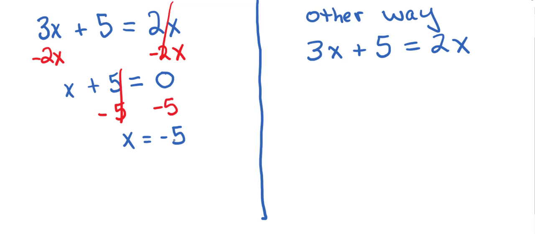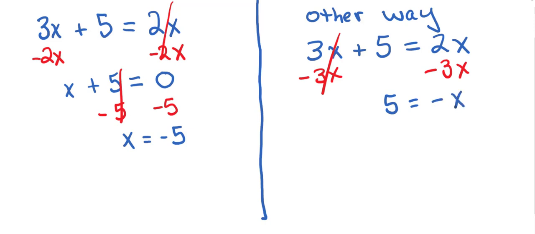All right, I'm going to do the same problem again, but this time I'll get rid of the 3x so that I don't wipe out a side. Should get the same answer at the end. All right, so if I get rid of the 3x, I have to subtract it. That would make it cancel to 0. This one's gone. So 5 equals